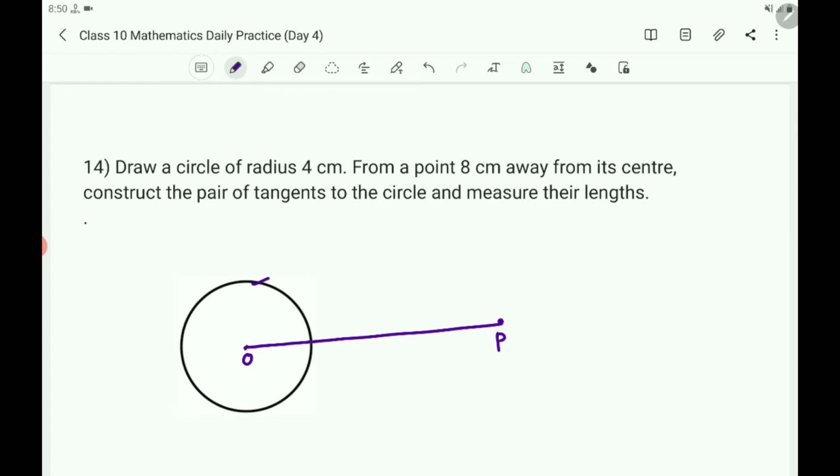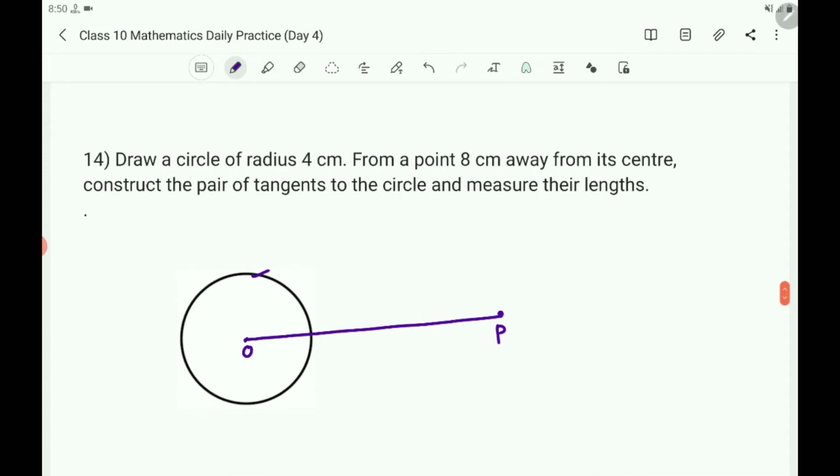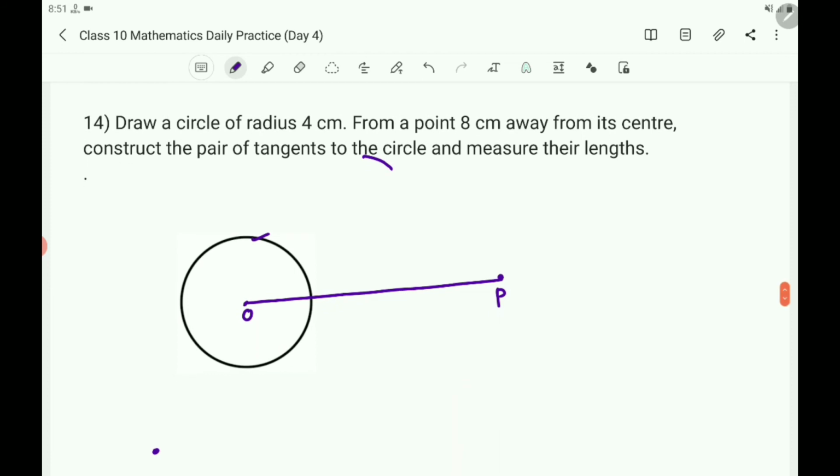So draw the perpendicular bisector to the line OP. You know the method of drawing the perpendicular bisector. Take more than half from the point O and draw the curve arc above and below. And with the same measurement of the radius without changing the radius, with B as a center, cut the previous curve. You will get a perpendicular bisector which bisects the OP